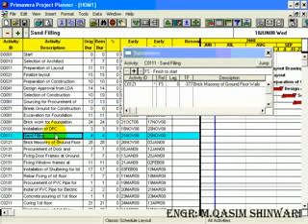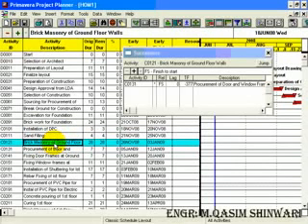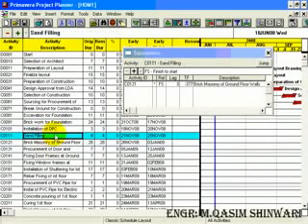Okay, now you can see that activity C0111, which is sand filling, and C0121, brick masonry of ground floor walls, can also be started simultaneously by giving a 1-day gap. This 1-day gap is known as lag. Here you can see that a separate column is present for lag. If you want to start two activities at a single time, but you want the successor to start 1 day after the predecessor,